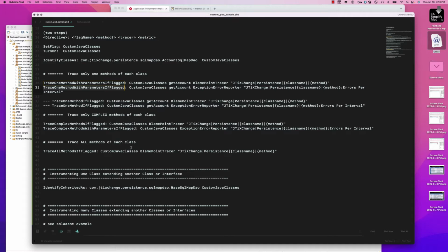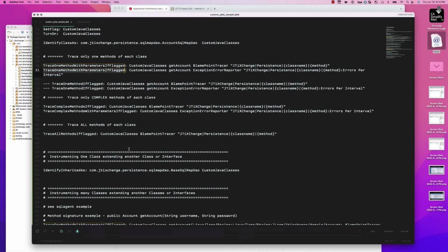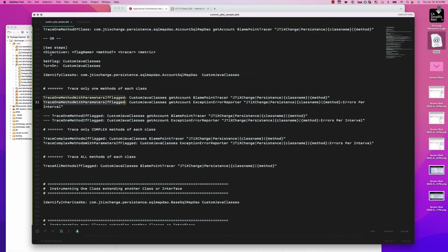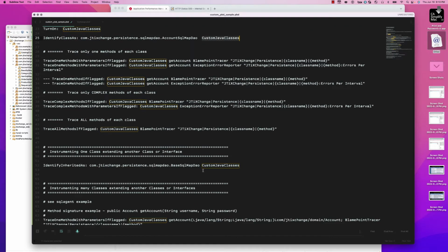Okay, hopefully that makes sense. Now let's move on to the second scenario, where we instrument one class extending another class or interface. So this is where this flag comes in. Remember, we flag this to identify the class as this class, but I can also use the same flag to say, also capture any class that inherits from this one,